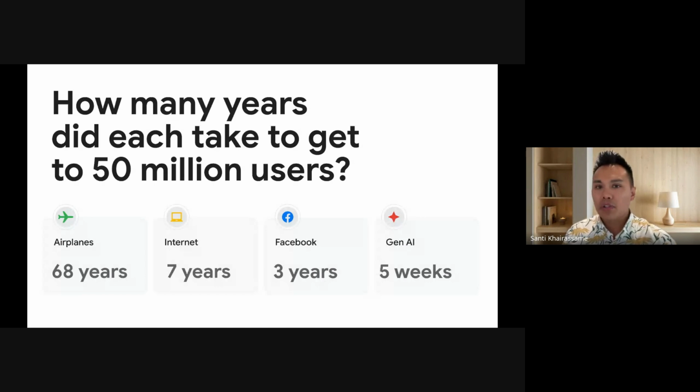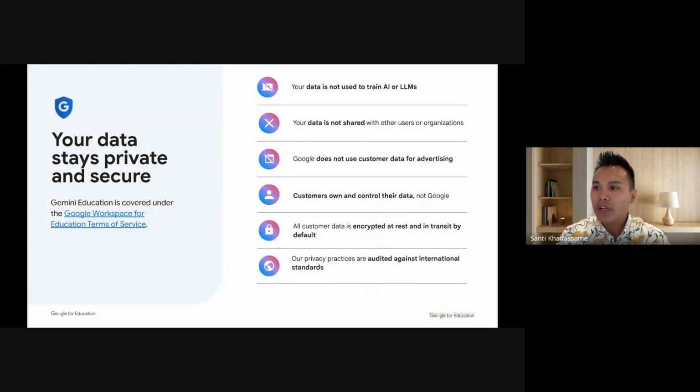At the same time, it's so useful, right? So I'm going to go over how we as educators can use it. But the reason why this is so popular, again, it doesn't matter what your background is. You can use this to really expedite your thought process. It can be a really great thought partner for expanding your ideas and creating resources. It's amazing. All right, so just really quickly, again, some information about Gemini.